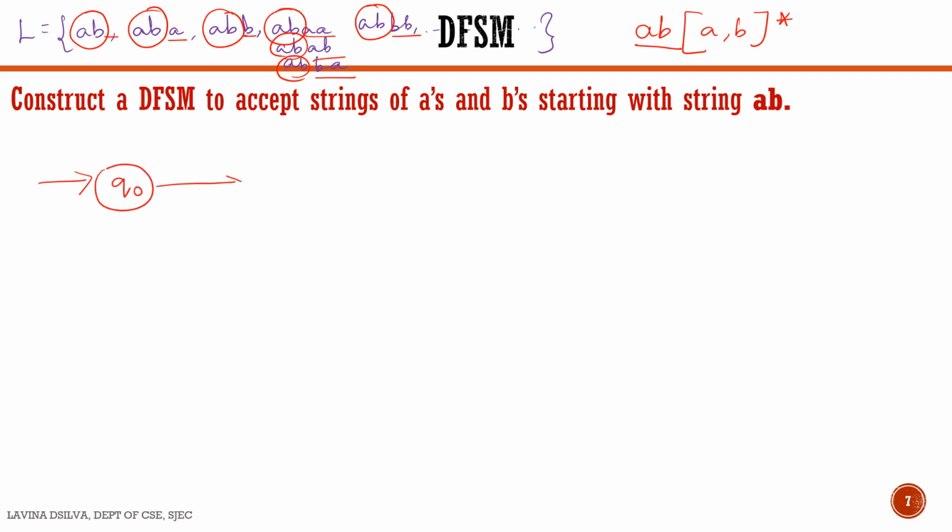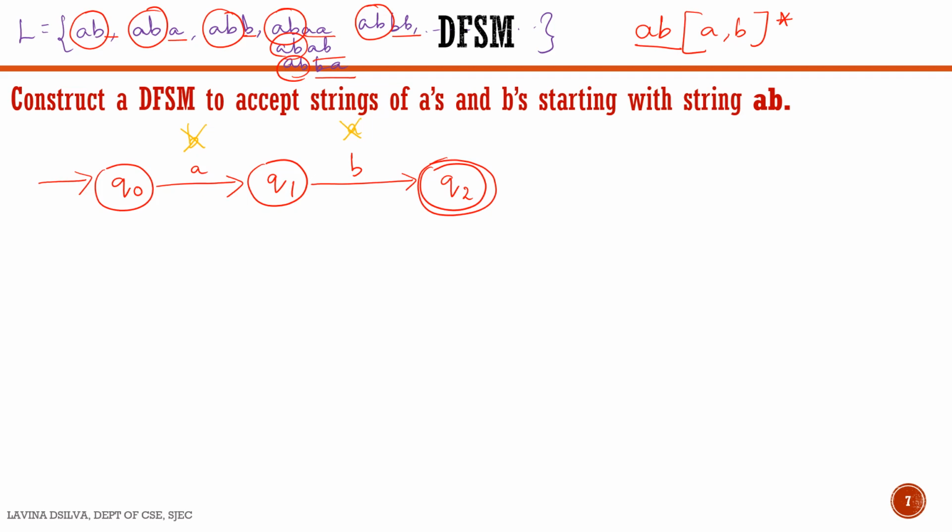On Q0 you can have an A, and we go to state Q1 on receiving an input A. From Q1 you go to state Q2 on receiving an input B, and this was our minimum DFSM. So after that, based on the transitions, on Q0 we cannot have a B, which means that we cannot have a string which starts with a B, and on Q1 we cannot have an A, which means that the second symbol of your string cannot be A in any case.